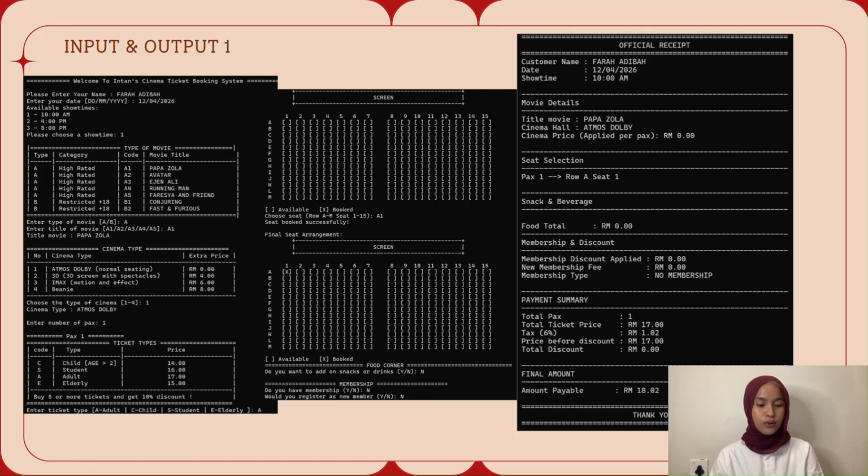And then the user chose the A1, and then it will display the final seat arrangement, which means the X1 is the one that the user is booked. And then we have a food corner, which the user chose no, and no memberships, and no to register as a new member. And then it will display the official receipt, which will display the customer name for Adiba, the dates,